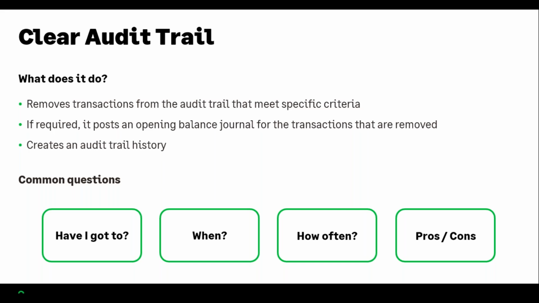Pros and cons. Again, the pros of doing a Clear Audit Trail is keeping that data set trim, keeping the data relevant to what you need to find. Instead of looking through pages and pages of this, that, and the other, trying to find that one record, it's going to be easier to find. So you're taking that needle in a haystack kind of variant out of the equation altogether, things will be quicker